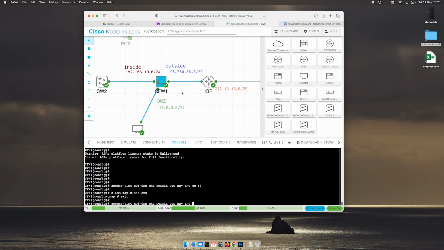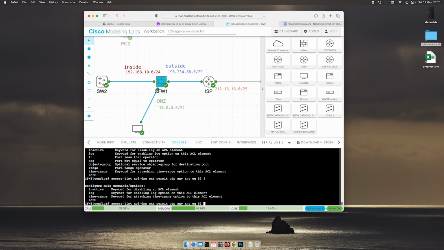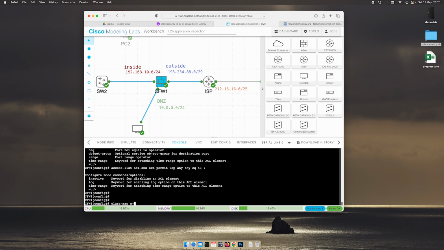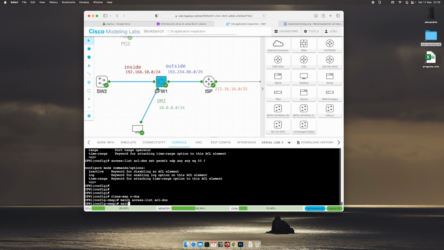And when it comes in this direction, the port is probably still 53, but the source ought to be equal. No, I think that rule will get that. So class map C DNS